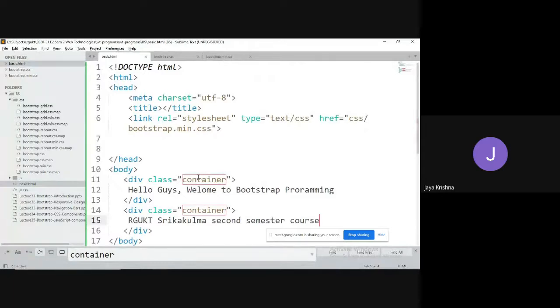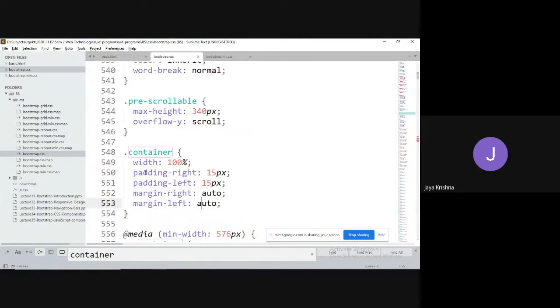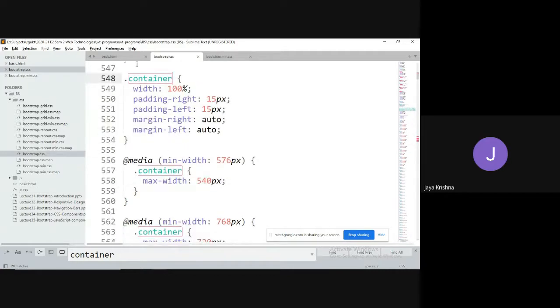So meaning, guys, have I written any code for this container class? No. It already has some predefined code, and we are working with that code. Understanding the various classes used by the Bootstrap developers themselves is called the fifth unit. Fine.